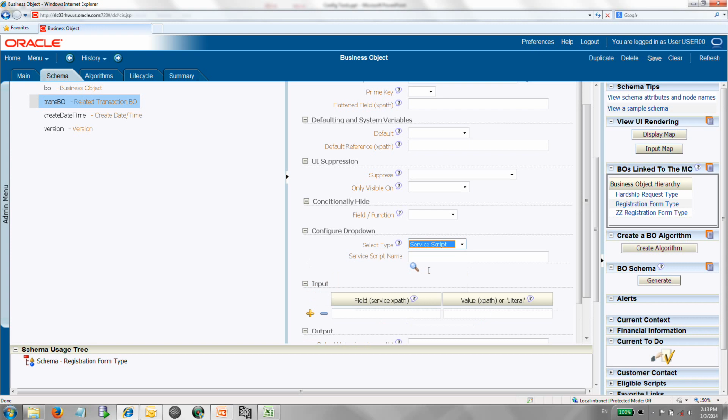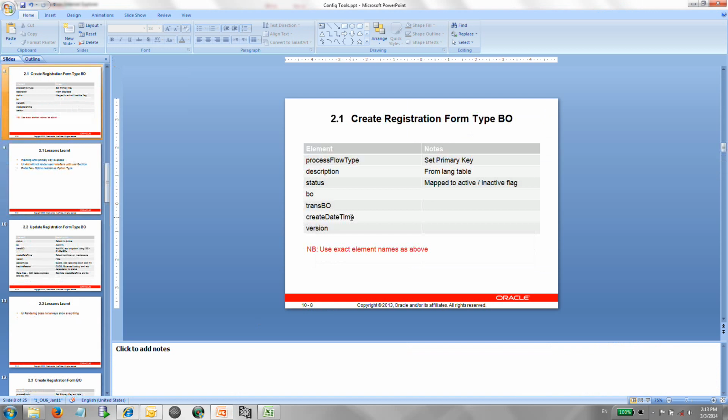We haven't discussed service scripts yet. However, we'll see one in action now to control this drop-down. And even if we don't know all the details here, I'm going to show you the basics that we need to know for the moment. So if I go to